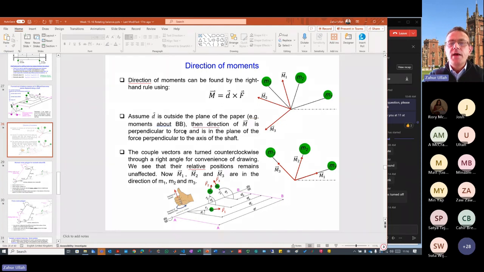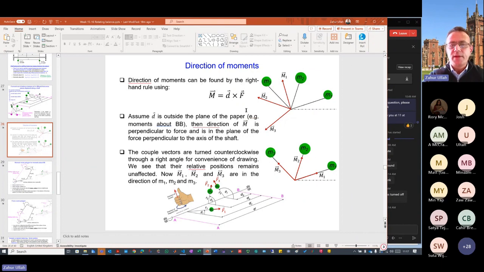the moment. So this means that if you take the cross product of two vectors, then the resultant is also a vector. This means that moment is a vector, and it should have a direction also. So how will you calculate the direction? It's again the same idea,